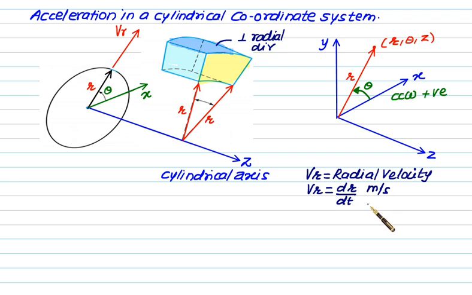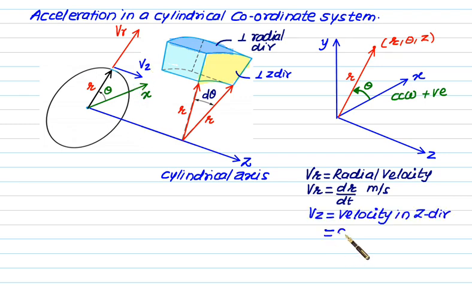Likewise we'll define the v theta and vz. This element here is a very small element, subtended angle equal to del theta. You see this plane here, this plane is perpendicular to z direction. So to this plane we have to show the velocity component equal to vz. This time we'll show the vz value parallel to the z axis. So this is our vz component. And this time the vz is defined as dz by dt, that again has a unit of meter per second.